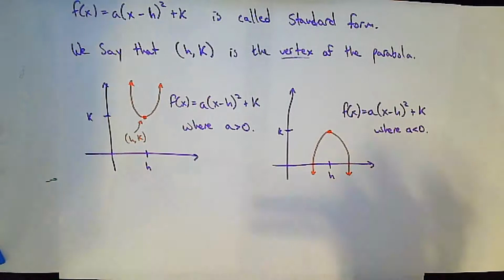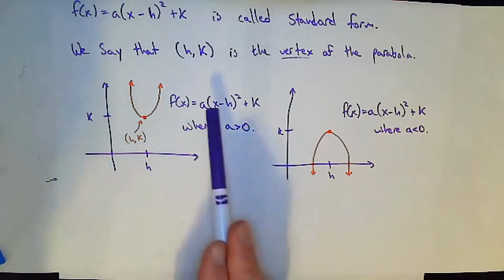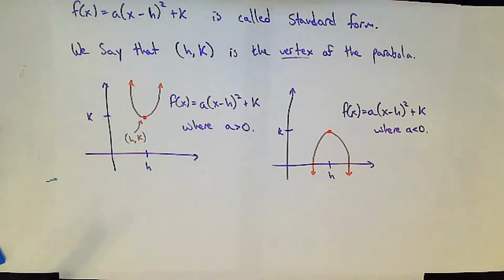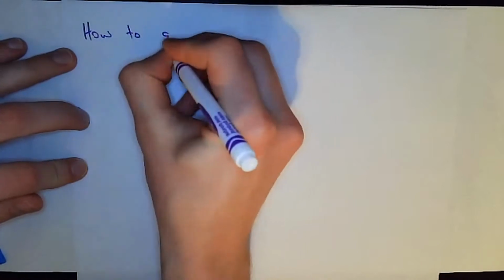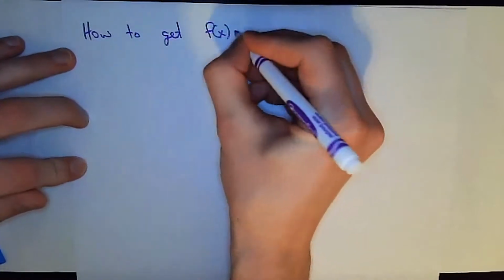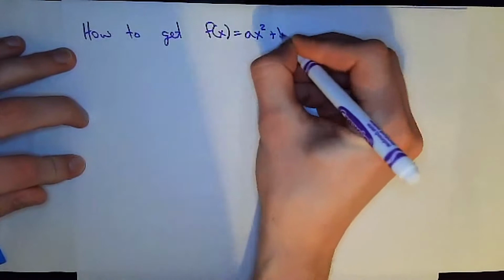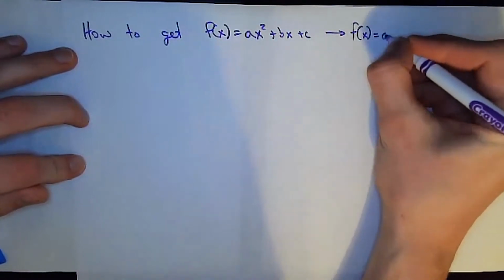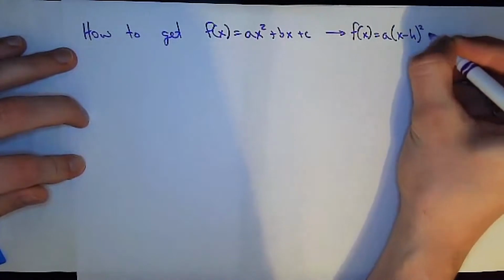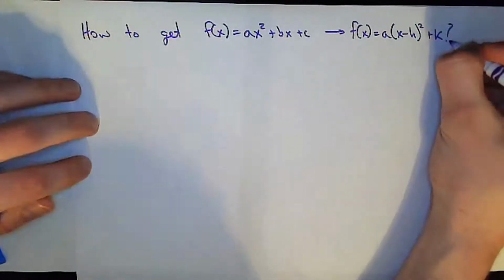Okay. But this is all assuming that we have the function written in this form. How do we get to that form? So let's go on a discussion about that. How do we get